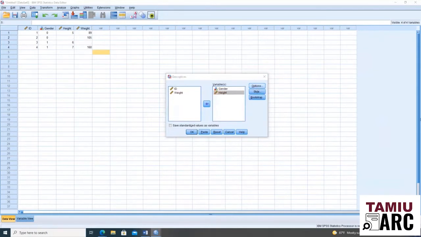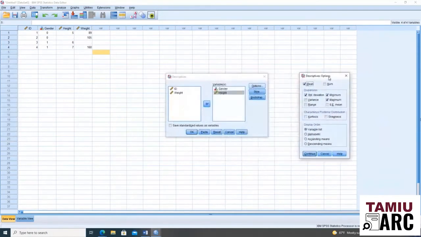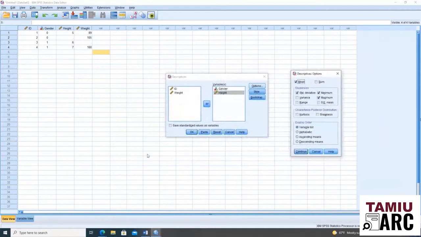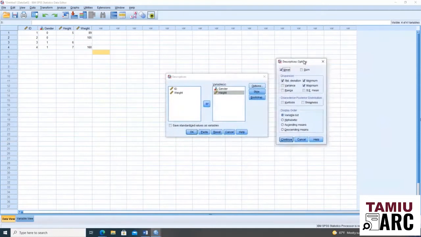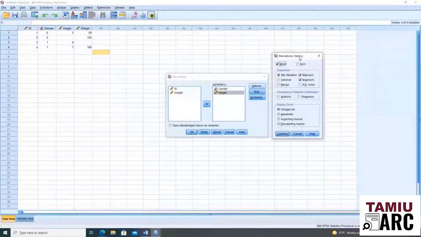In the descriptives option, you could still run some of those statistics. It won't give you all of them, but you could select the mean, the standard deviation, the minimum, the maximum, the variance, the range. You won't have the mode and the median on this, but you still have some of the options available. So we're going to click on continue,